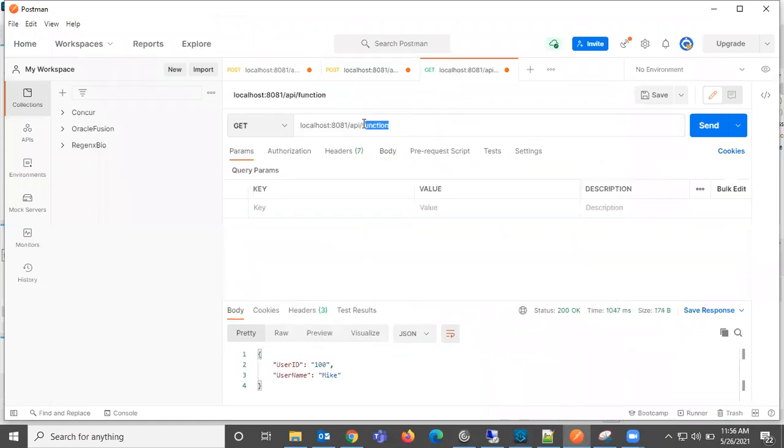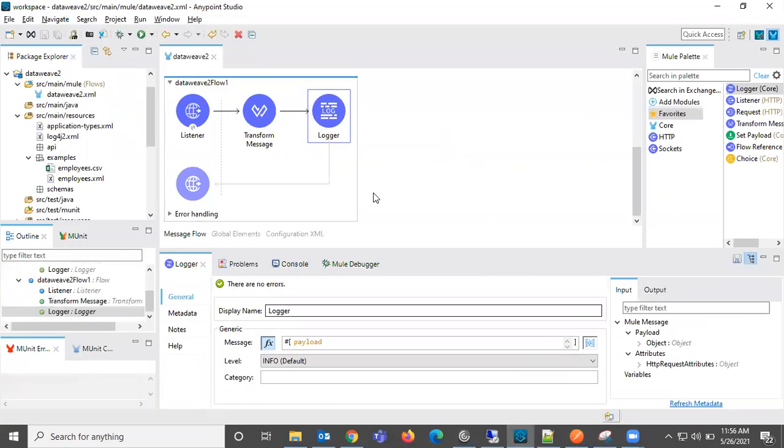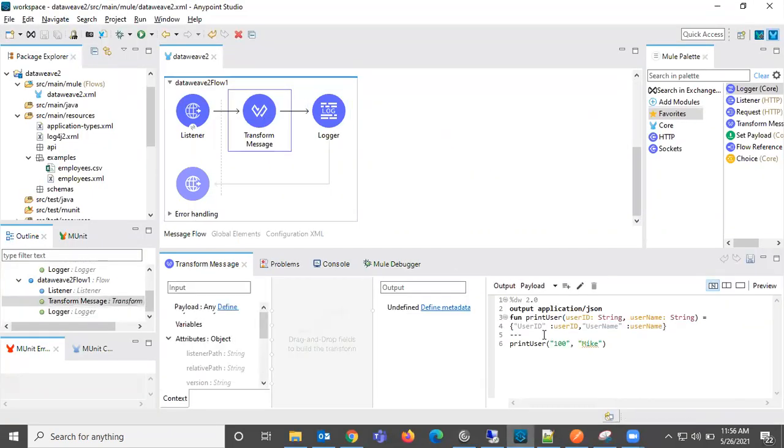It is listening at function, right? So I'm sending this, I'm just hitting the send button. See, it returned 100 and Mike in JSON format. When it comes, it is sending this 100 and Mike to this function, and it is returning it in JSON format. So what is the function and how are we doing it?